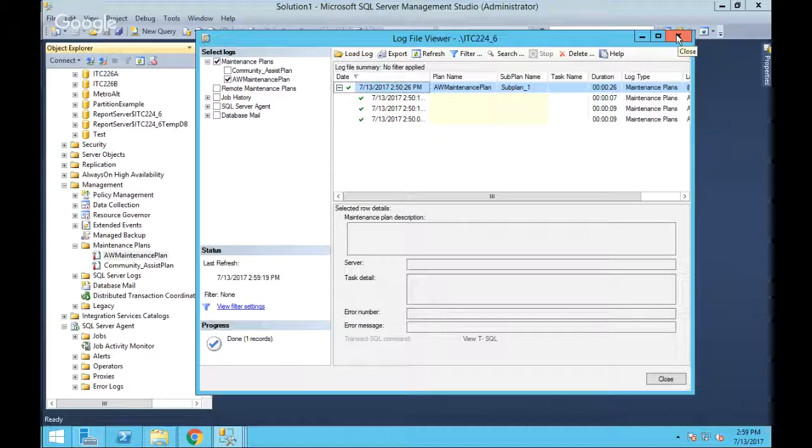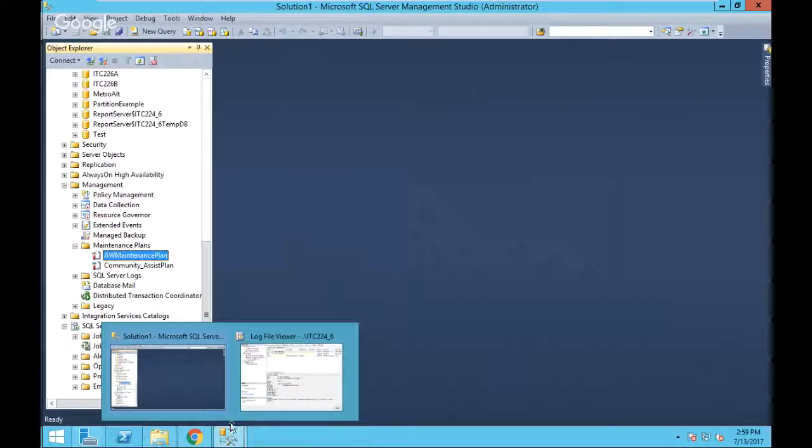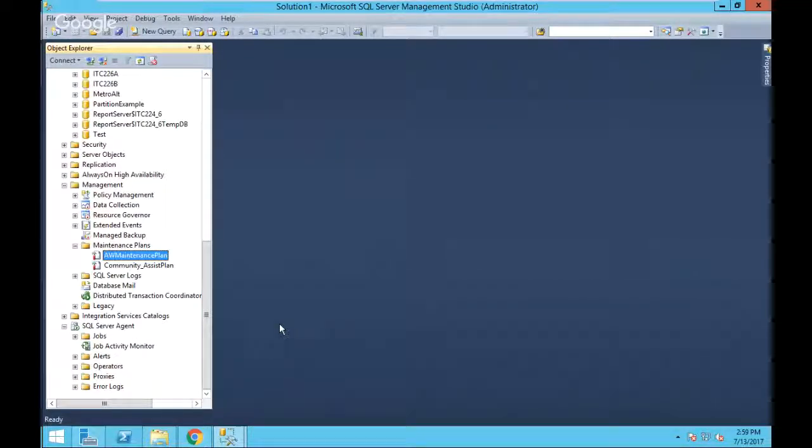The other thing you could do is, when you finish the wizard, it has check marks for all of that. That would also work. If I want to go back in, I forgot to schedule it. Just double click on the plan. Okay, refresh. And then the scheduling is